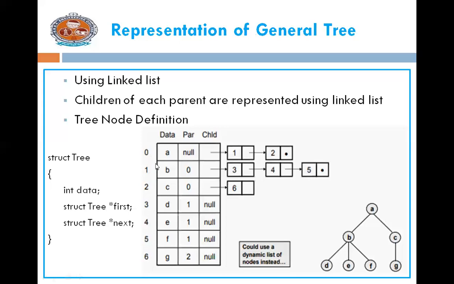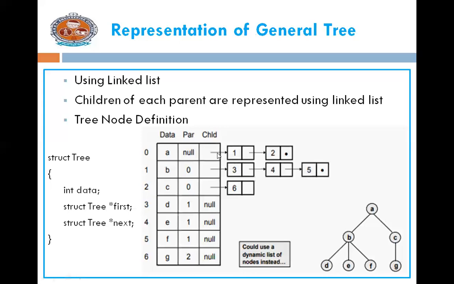This is used as an index and also the node number. Here we are giving the data. The data is A, B, all these data elements are given. A is the root here. Parent, child. What is the parent of A? We don't have one, because A is the root node, it doesn't have a parent. That's why here we have given it as null. And next one is child. The children of A are what? B, C. What are the numbers of B, C? 1, 2.